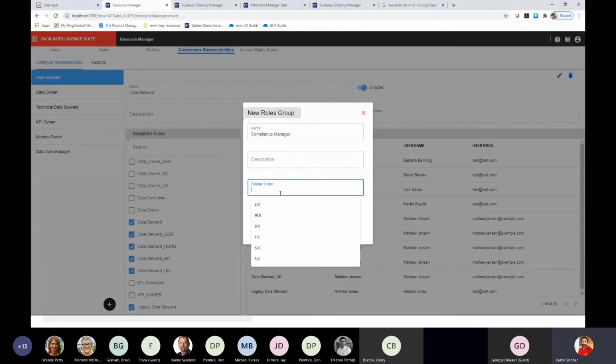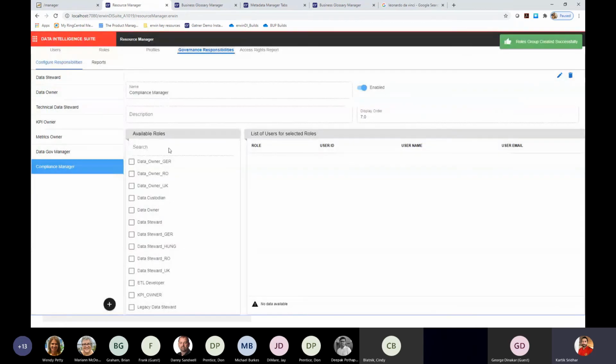I can give it a description, and I can also give it a display order, so that if a particular asset has more than one documentation responsibility, you can define what order this particular data governance role should display in. And then you can enable this so that you can start using it for your assets. And once you do that, you can pick and choose which users need to be populated for this role.